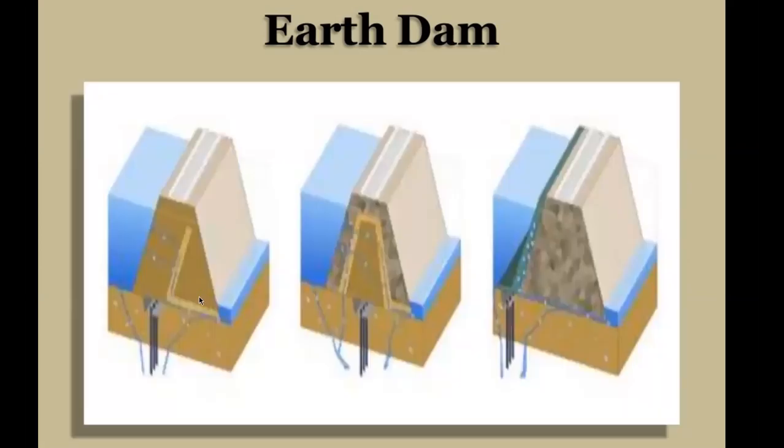Picture is not quite clear, but you can understand with a little clearer picture. These are examples. In this case it is zoned type, where this region is impervious clay, and here in this case it is concrete surrounding this portion of impervious clay. Okay,